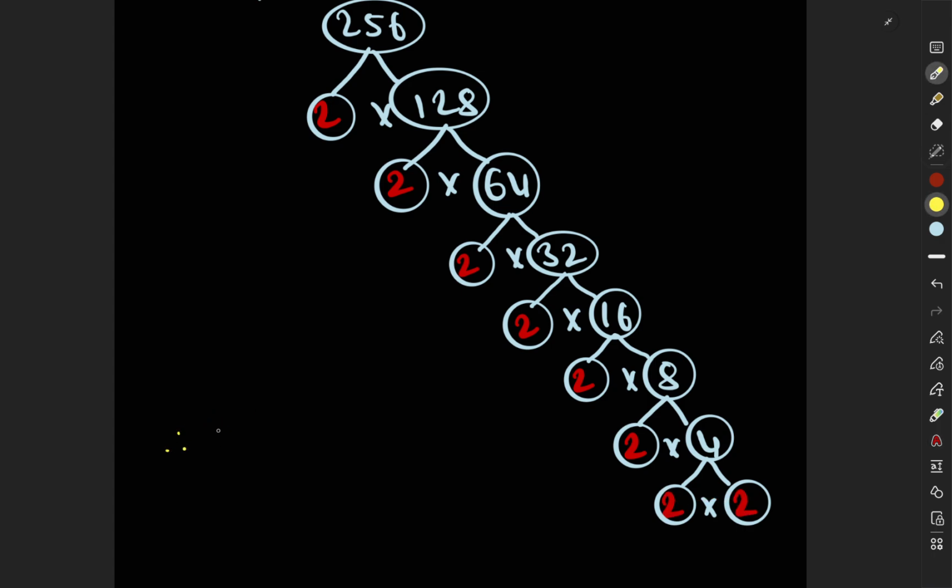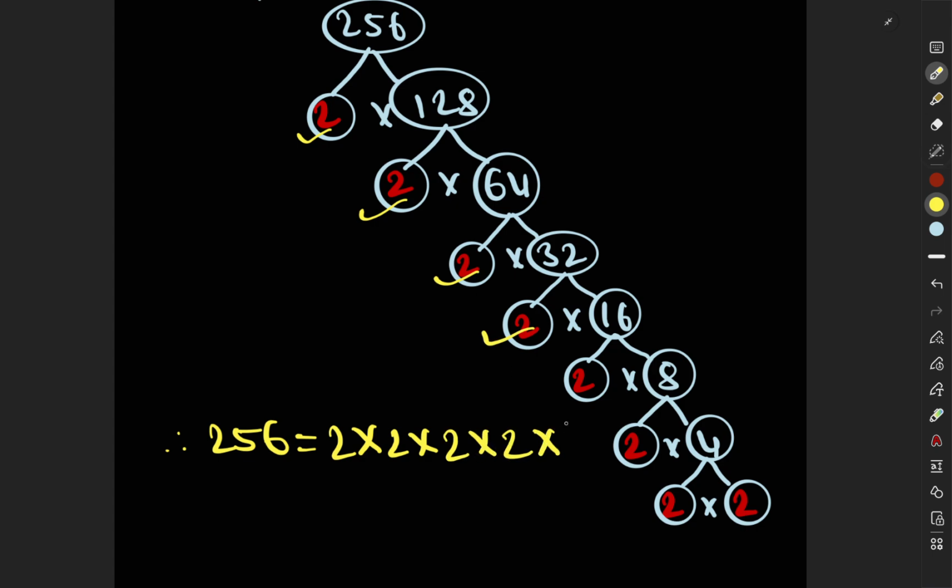So we can write 256 is equal to the product of all these prime numbers, that is these 2 times these 2 times these 2 times these 2 times these 2 times these 2 times these 2 times these 2. So the product of all these prime numbers is equal to